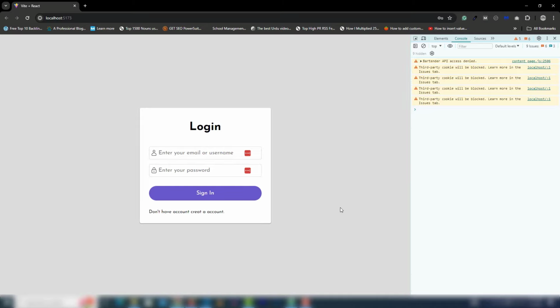Hey guys, welcome back. In this video we're going to discuss how to create a login and registration form using React.js. Right now this is a default login page. Inside that you need to enter the details, admin, and write any name as you want, and then enter the password. When you press sign in, you have received the details inside the console, and also have a validation